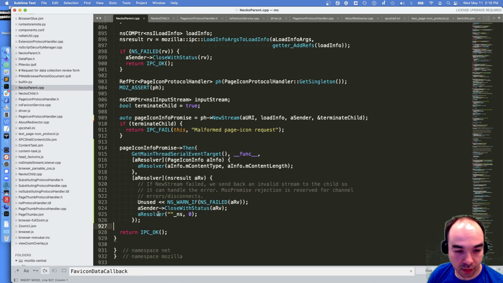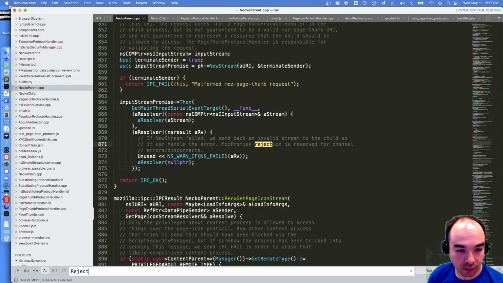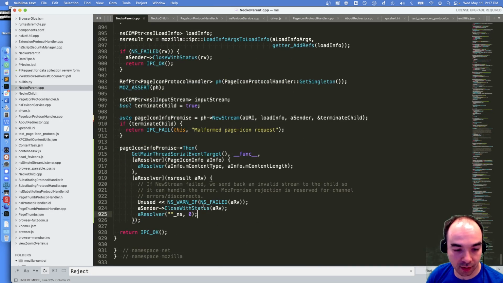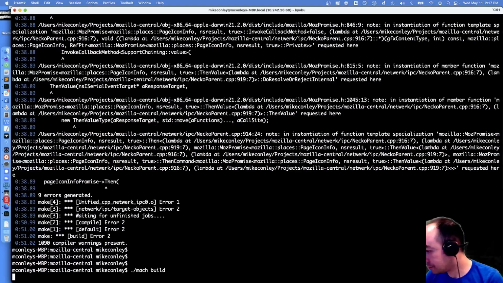Resolver. How do we reject? Resolver reject. Oh, MozPromise rejection is reserved for channel errors or disconnects, so we'll just resolve with empty. We'll close. Yeah, that makes sense. Okay. Build.